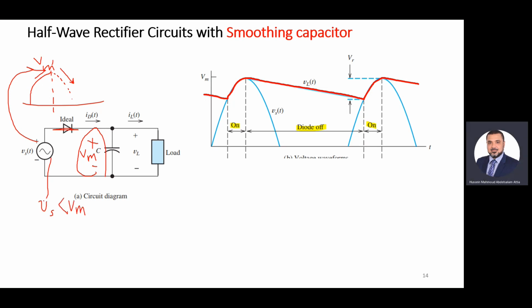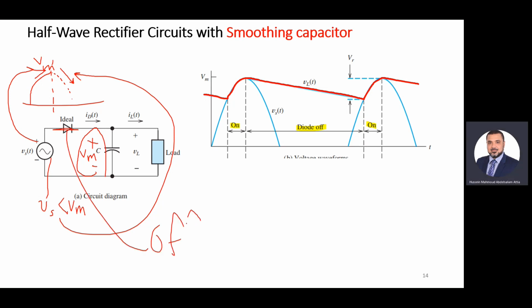It is going to the lower side, which is this point, and will go down. In this case, the input, the source, is less than the voltage across the capacitor. So the diode will now be off. The diode will be off once the charge of the capacitor reaches the maximum of the input. And this is clear here, guys. So as you can see,